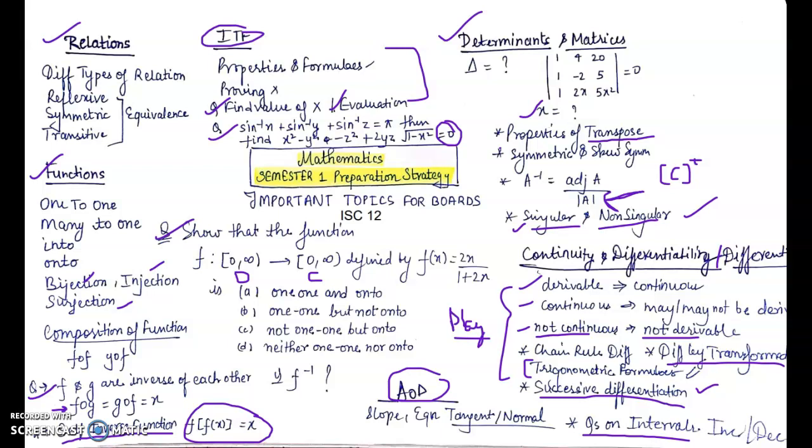I have covered section A. If you are attempting section B or section C, then I think you are mature enough and you have already done sufficient questions to tackle those problems, because section B and section C are not difficult at all. Questions are straightforward in nature, but you have to do your best. Do not think that the paper will be easy. It will be a little bit difficult because it is MCQ based. If you know how to solve the question, you will score 1 mark or you will lose it.